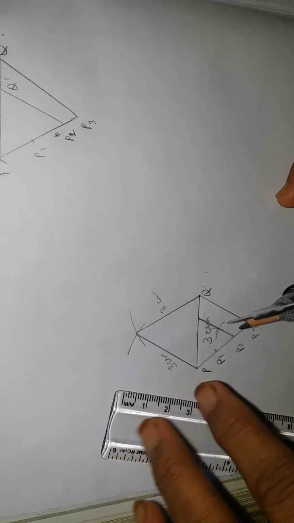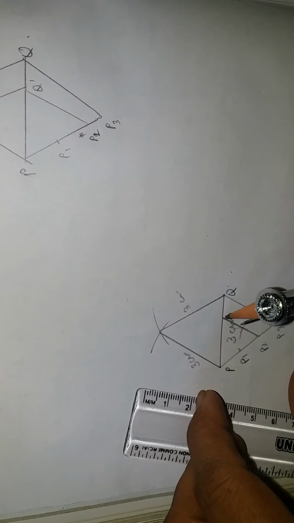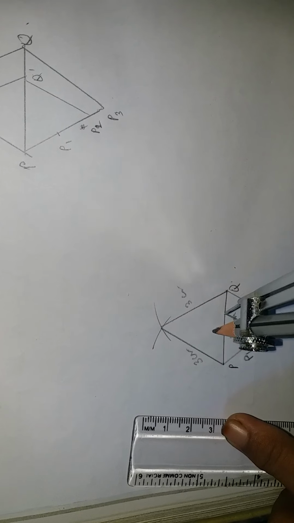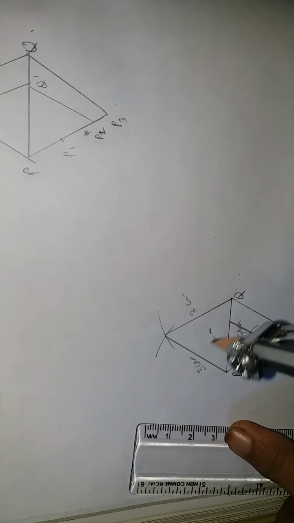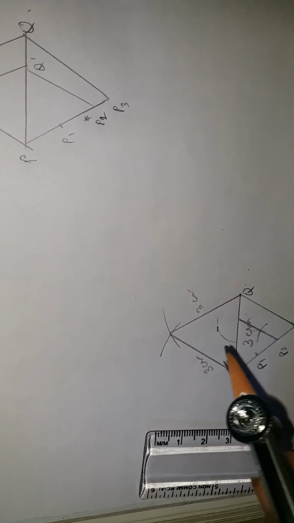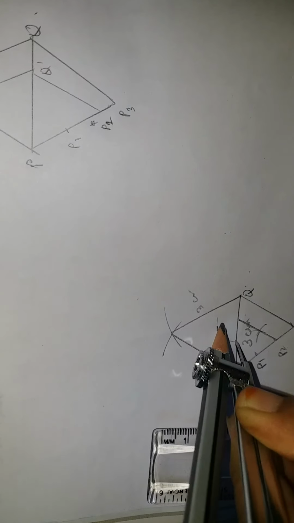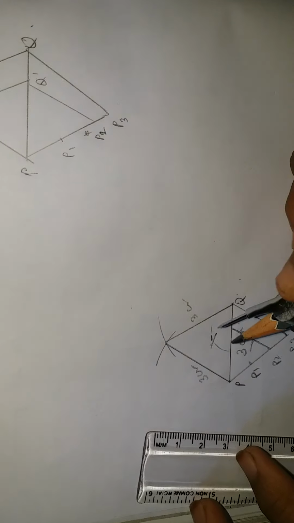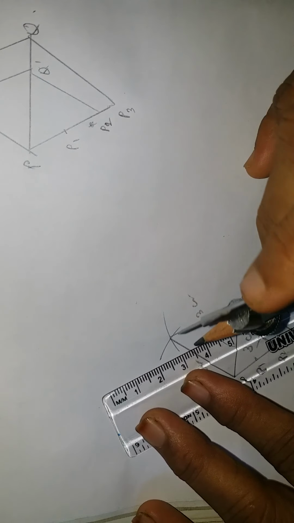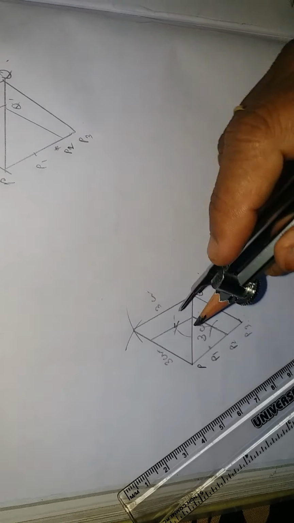So, for 1 centimeter I have drawn an arc. From here one arc fully. Then from P1 I am drawing another arc. Okay. Now, in the same way, keep your compass like this. Again, with 1 centimeter as radius, you are drawing another arc. Then from here you draw another arc. So, you have got one point here. So, you join this. This is your line. Okay.